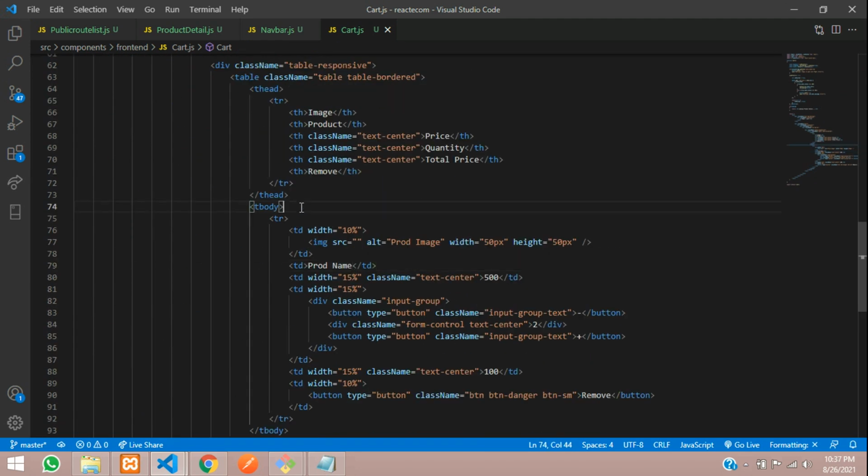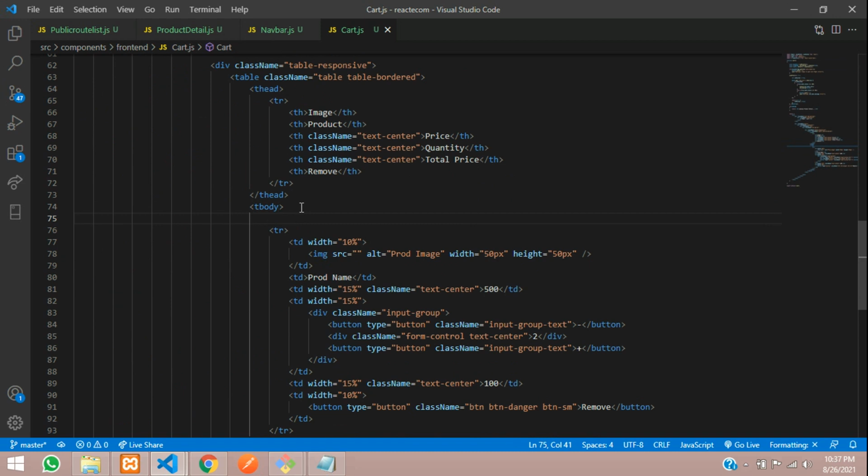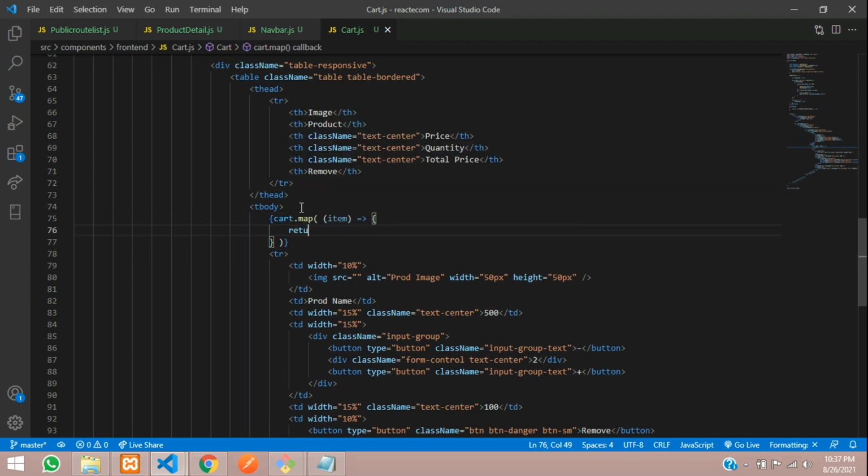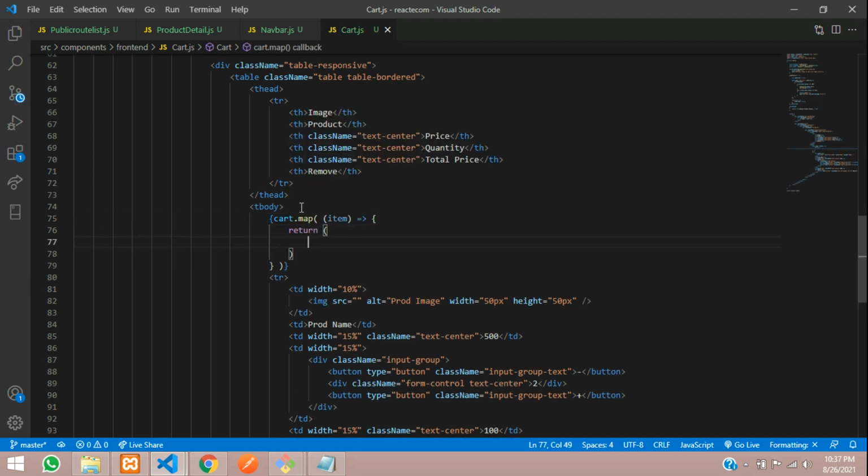So now guys, let's loop the data, because we have multiple data inside this. Just open and close curly braces where cart.map function, and inside this map function pass the item variable, arrow function, open and close curly braces, type return, open and close parentheses.